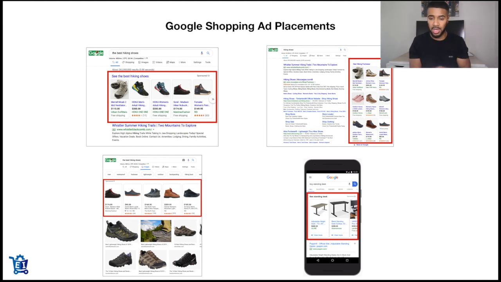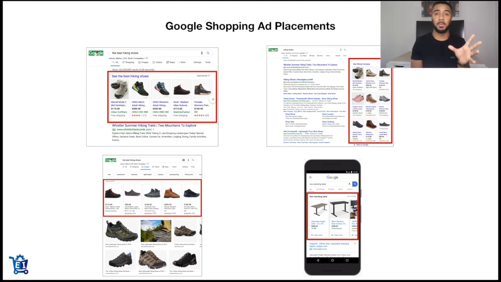And what I wanted to show you guys is an example of how ads show up on mobile. This is super important because if you look at Google Shopping ads on mobile, you can see that it takes up the majority of the page actually. And this is why Google ads work extremely well on desktop or mobile, and why I personally love them so much, because they take up a lot of real estate, meaning that they take up a lot of space either, again, on the desktop or mobile, and they allow you to basically show images of your product, describe your product, show the pricing, show the brand, talk about if you're offering free shipping, and a lot more.